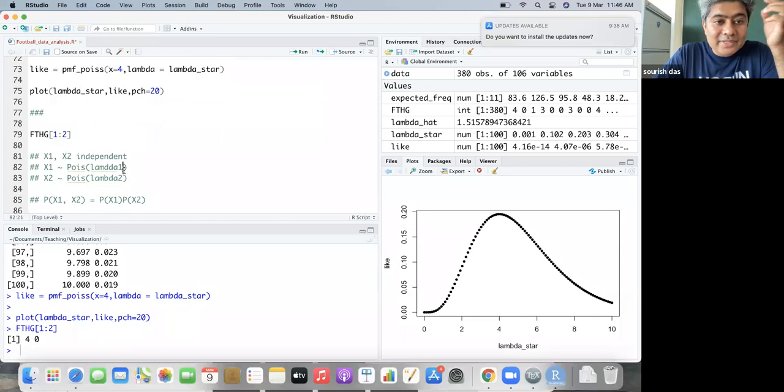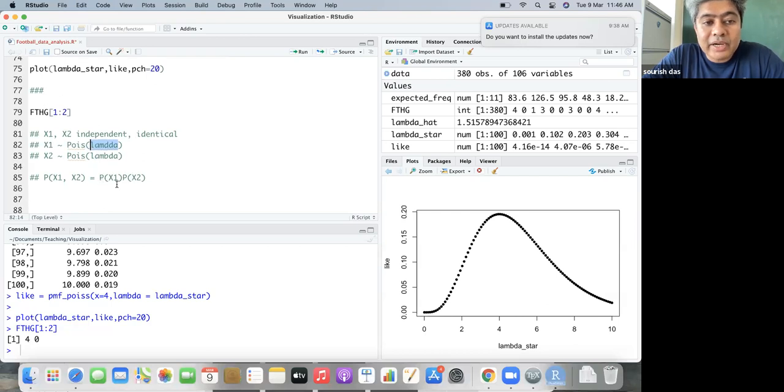So to make our life simpler, we just say that, okay, they are identical. They're coming from an identical distribution. If they're really coming from an identical distribution, then I can just assume Poisson lambda for X1 and Poisson lambda for X2. In that case, I can just multiply them and my life is done. We are good. So if I have to do that, so what I will do,